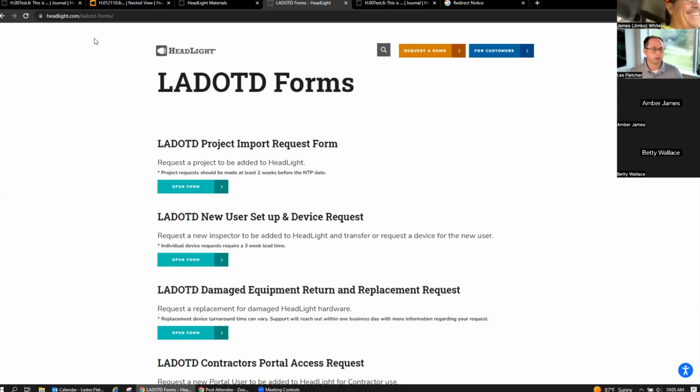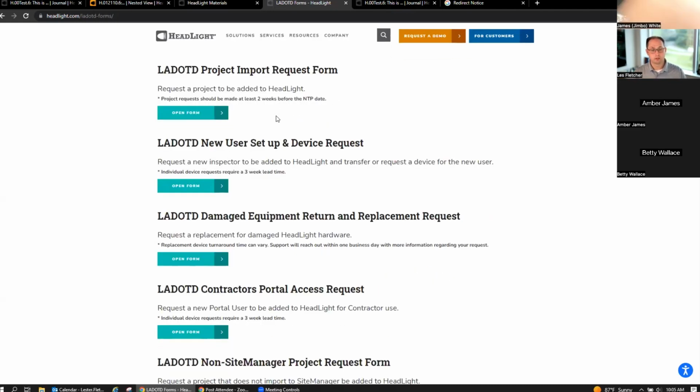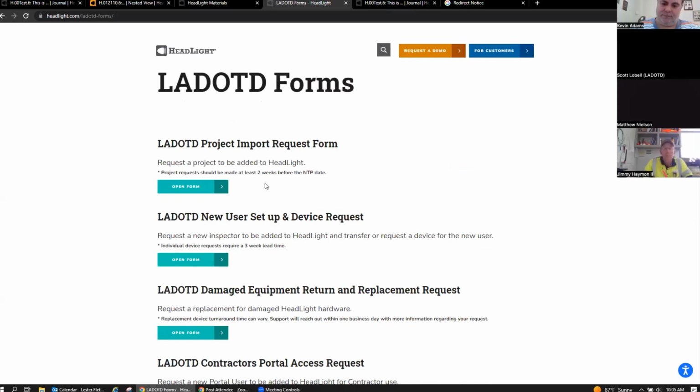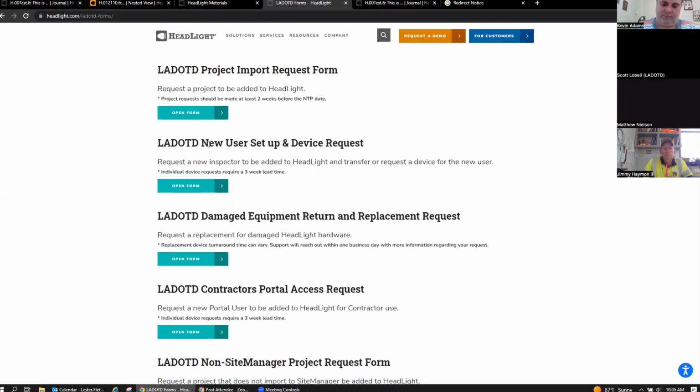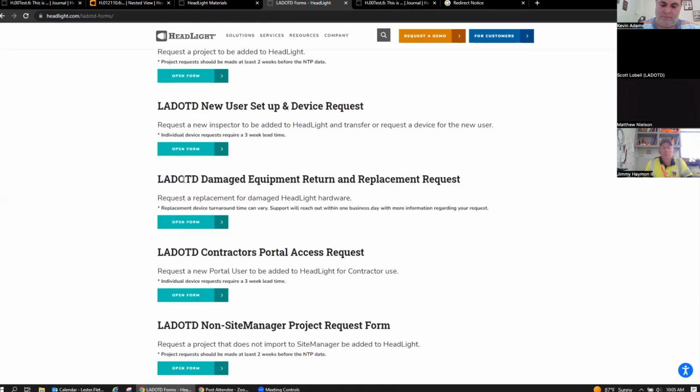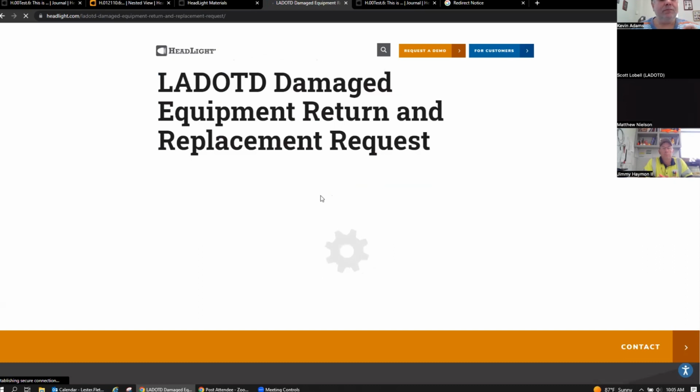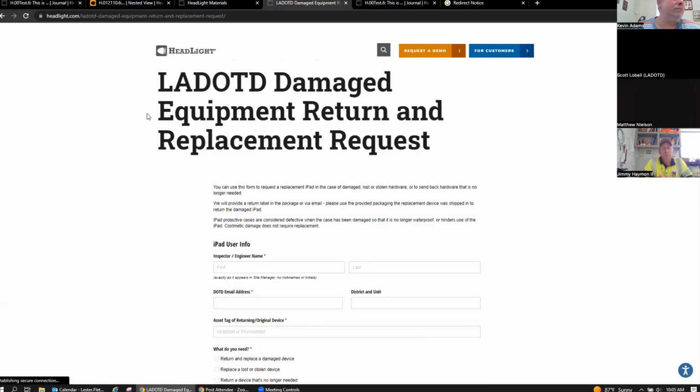Okay. Yeah, so this is the link that Philip dropped in, headlight.com, LADOTD forms. Most of the PEs should be familiar with this, just because you have to request the project imports, but there are several things. Even when you're getting a new user or a new device request, but I think this is the one Philip is really talking about, damaged equipment return and replacement. Just open that up. If you're an inspector, this really needs to be filled out